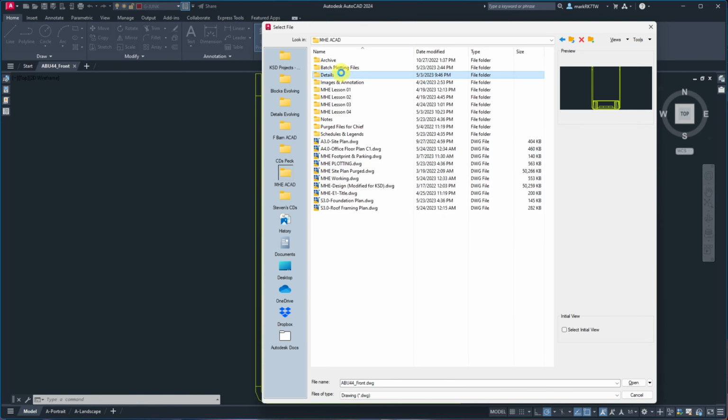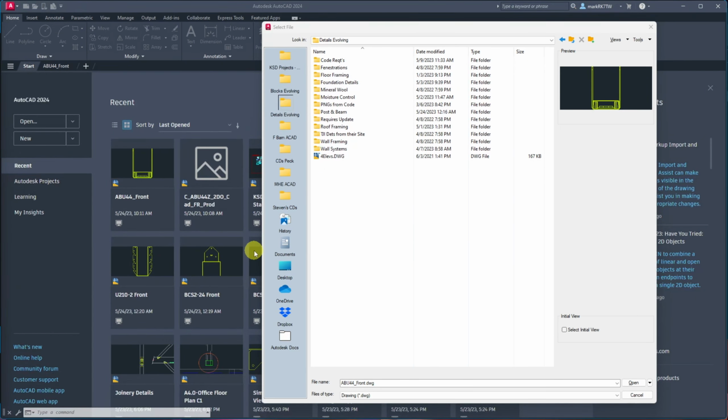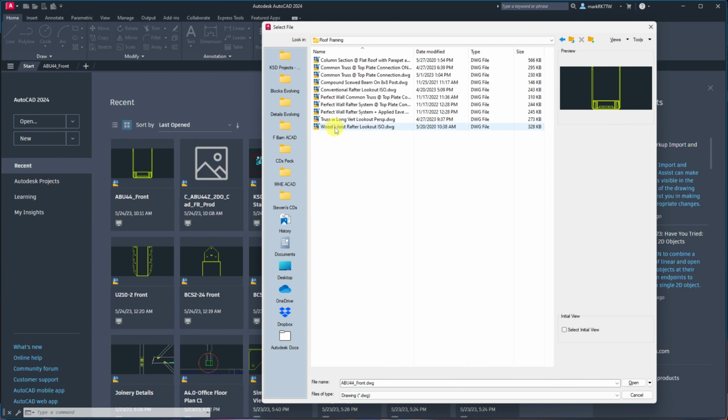Maybe I put it in details. If I was organized, I did. So let's see. I just realized I hadn't given it a number or anything yet. I hadn't applied it to the actual drawing. So it's going to be probably in foundation, details. It did include, no, it wouldn't have been. It should be in, not floor framing, more like roof framing. Here we go. All right, so